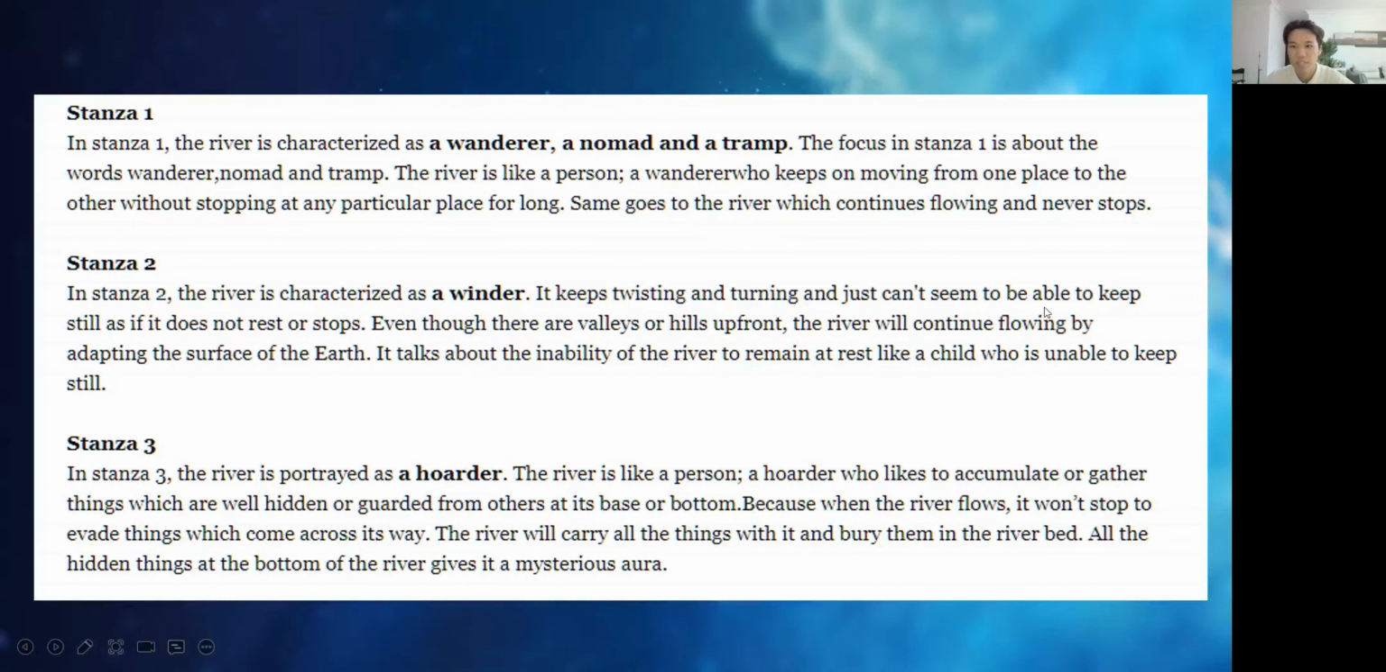Okay, which remains a good personality. And for the third stanza,